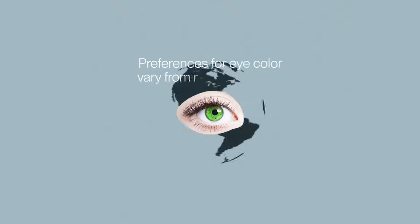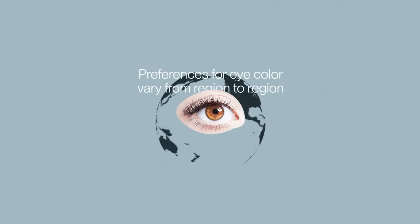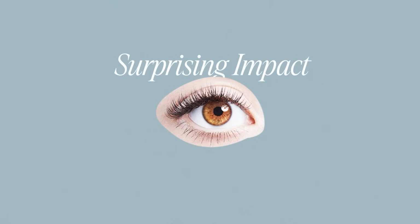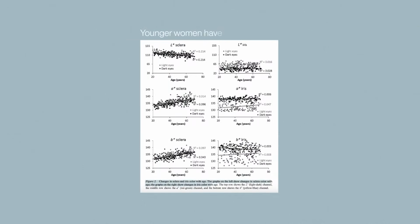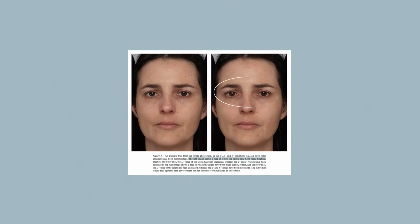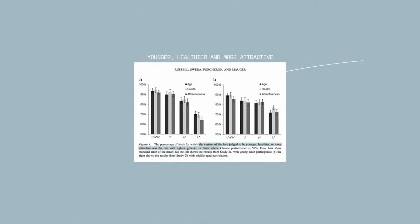We've discussed on the channel that your iris color typically doesn't have as much of an impact on objective attractiveness, but the color of the sclera, the actual white part, does have a surprising, significant, and measurable impact on physical aesthetics. Russell et al. analyzed the sclera of 286 Caucasian women between 20 and 70 and found that older women have darker, redder, and more yellow sclera than younger women. Next, the authors digitally manipulated the sclera of 30 women's photographs, and people rated the wider sclera versions as younger,